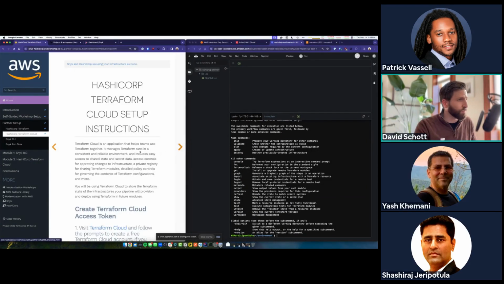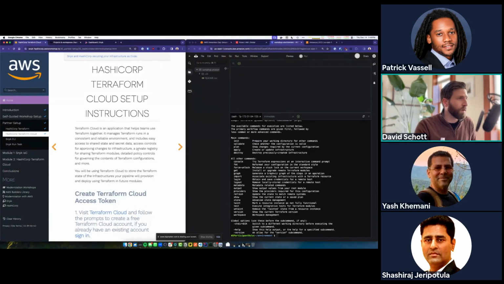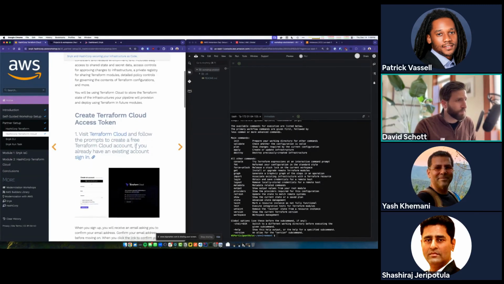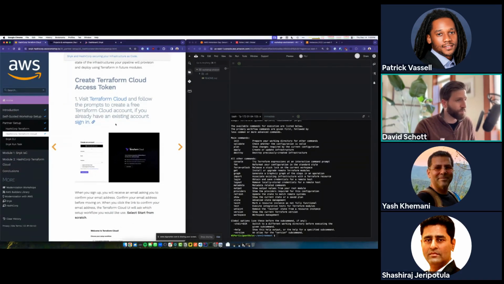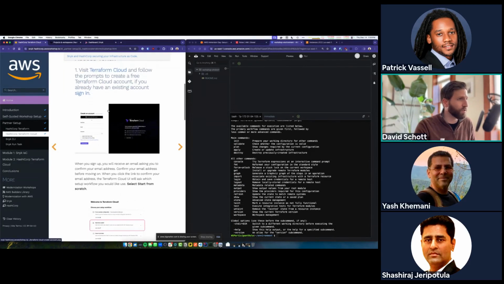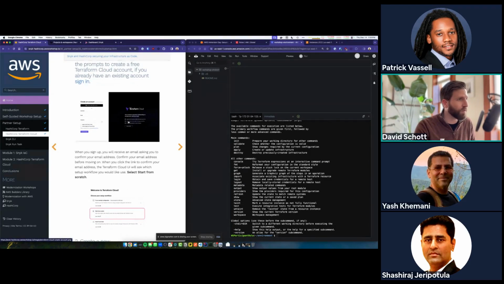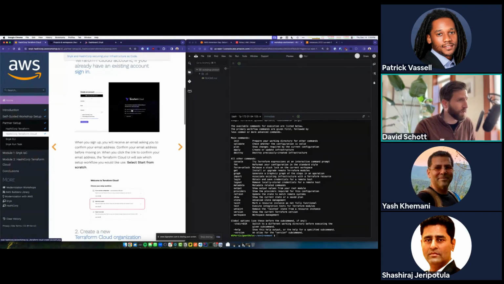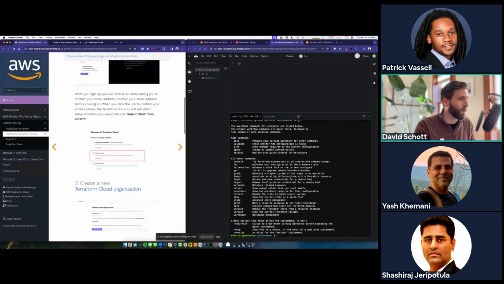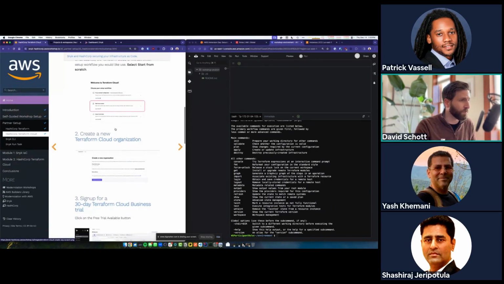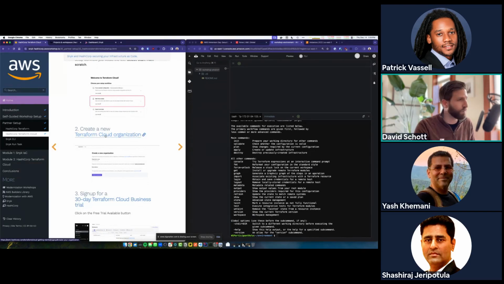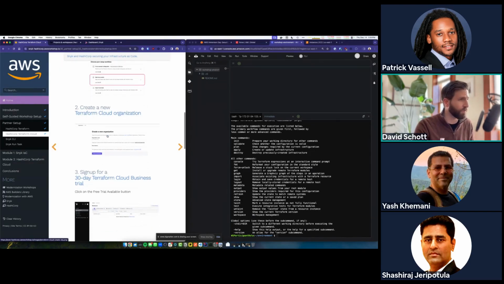We're getting pretty close. Next, we're going to do a little bit of setup in Terraform Cloud. Again, we're going to need an access token here. We're going to store that off to the side. So go ahead and log into your free Terraform Cloud account that you should have already. That's going to be app.terraform.io. Only takes a second to log in. When you first log in, you can say start from scratch if that's where you are right now. I'm already past that step, but that's what you need to do. And then just create your organization in there, as some of the first things you need to do when you log into Terraform.